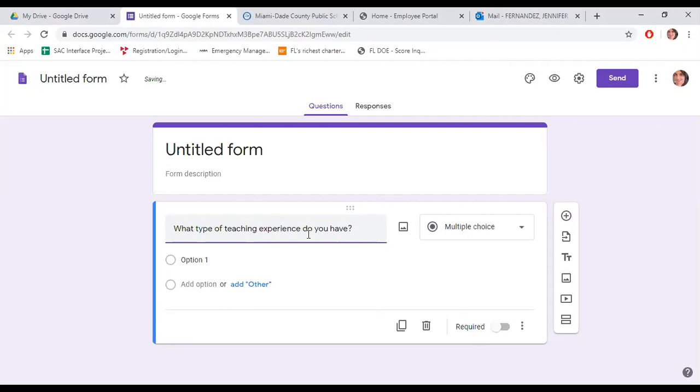Yes, this comes out here as multiple choice. That was automatically what was there. For the next question, I'll show you how it will determine what type of question it should be. So, what type of teaching experience do you have? Here's where you would add the different options for it. So for example, we would say